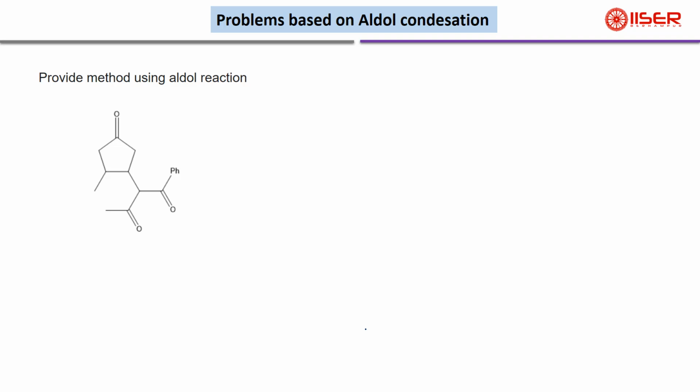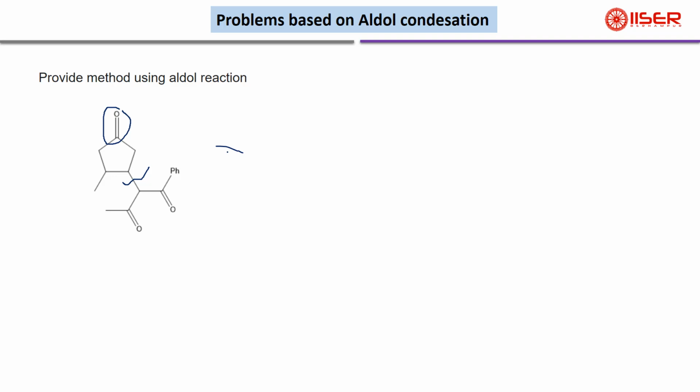Next is provide the method using aldol reaction. So you have to provide a method using aldol reaction. Now see, there is a difference. You might think that this is also a two-molecule aldehyde, but it is not adjacent to the carbonyl. This carbon-carbon bond has not formed at the alpha carbon. The carbon-carbon bond has formed at the beta carbon. So if you break this one,